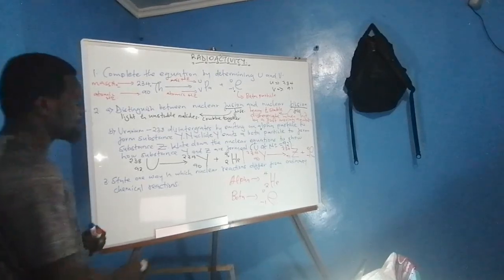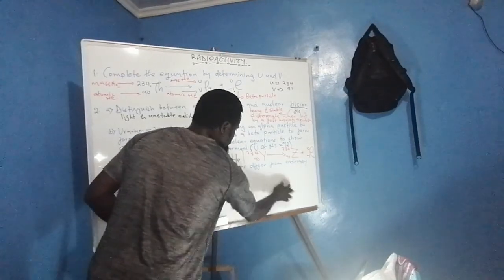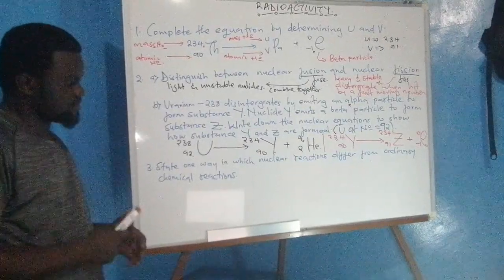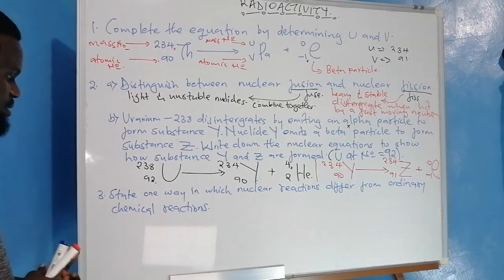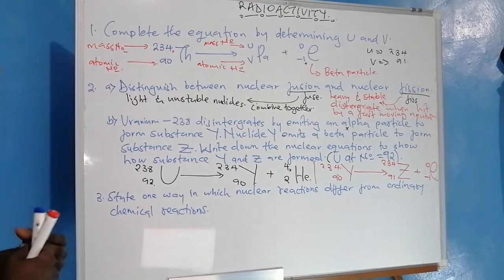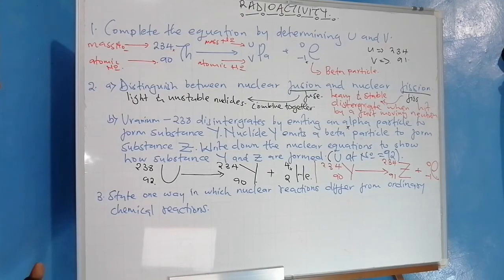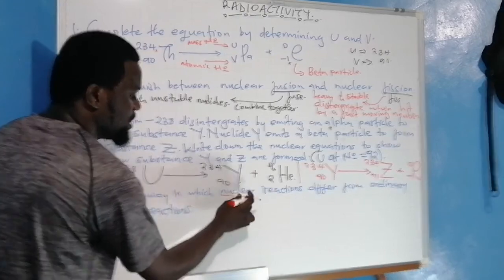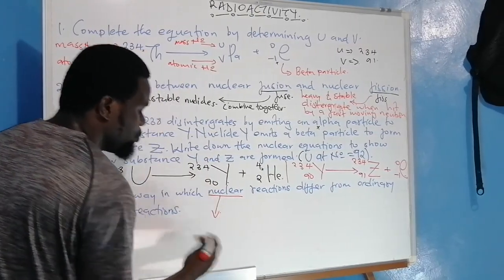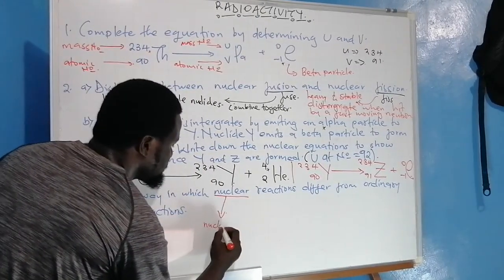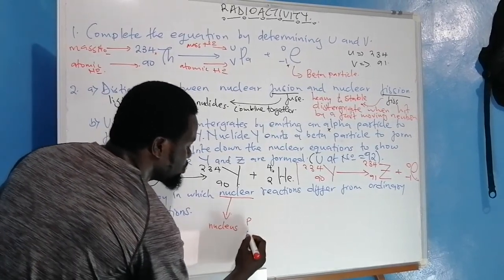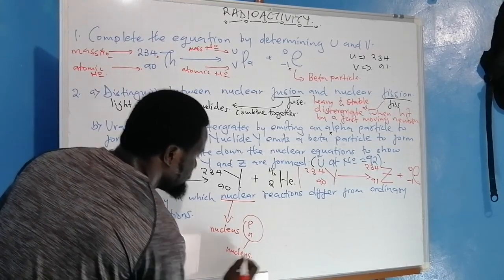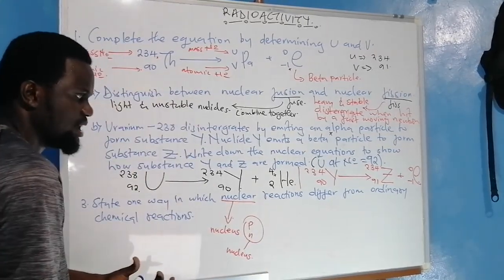Now, let's tackle the final question. We've been asked a very simple question: state one way in which nuclear reaction differ from ordinary chemical reaction. Nuclear reaction, just from the word nuclear, takes place within the structure of the nucleus, where it involves protons and neutrons. So it takes place within the nucleus of an atom,